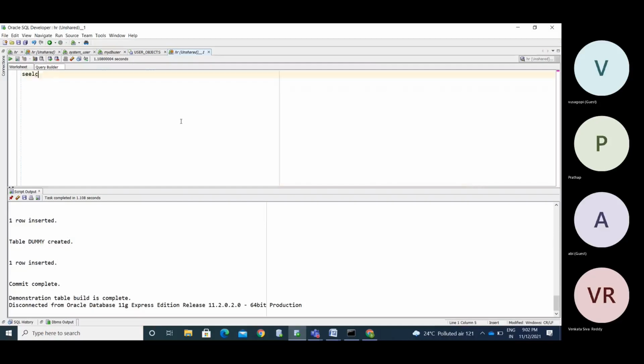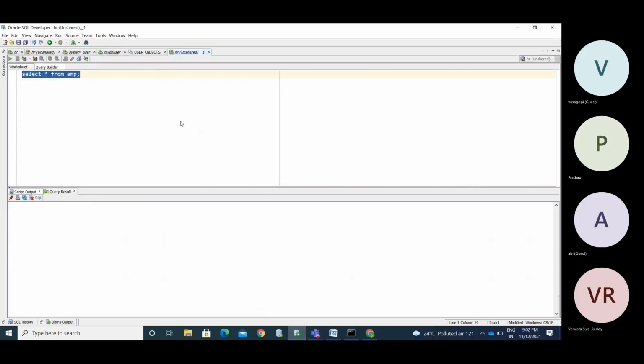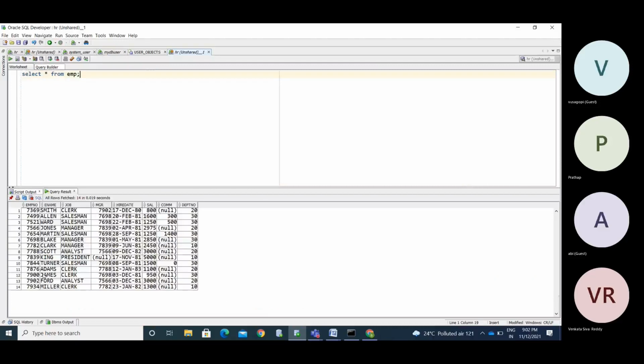Starting from EMP, now we have the employee information here. I pin this output. These employees work in department 10. This department 10 is located in which place? We want to identify that.